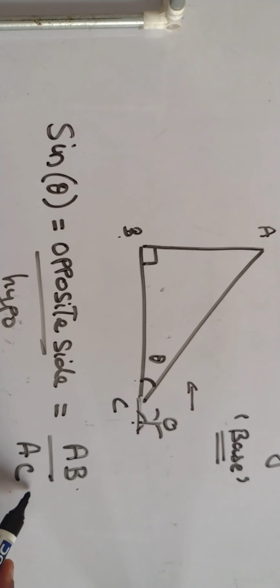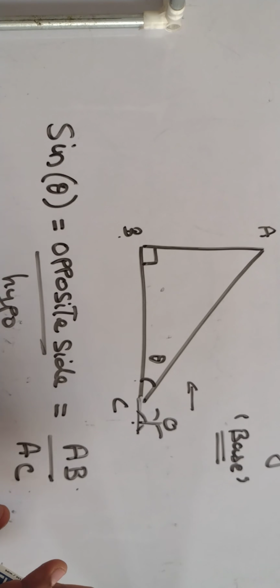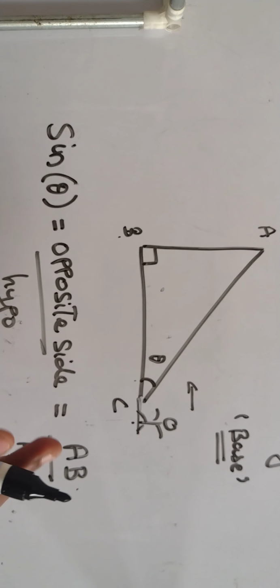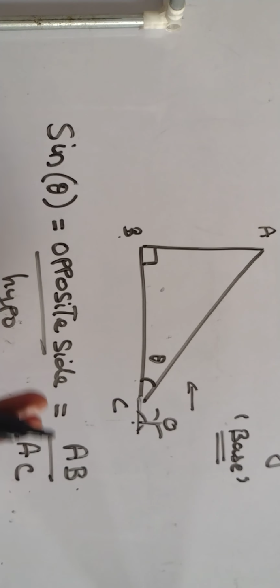Okay, so what is this? This is also a side, this is also a side. So this is the ratio. Ratio is always a unitless quantity. Are you following it? So this is defined as sine theta, opposite side upon hypotenuse. So how to recognize the opposite side? See guys, this is very basic. You may have seen this in a simpler manner, but during examination you may forget. So that's why I am keeping things as simple as possible. I hope you understood this is sine ratio, opposite upon hypotenuse.